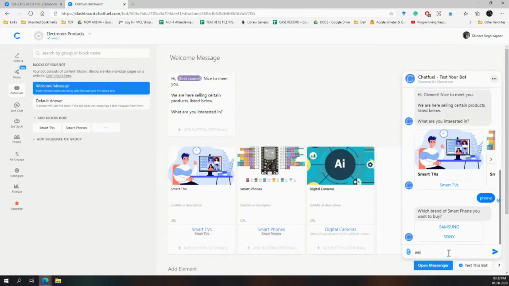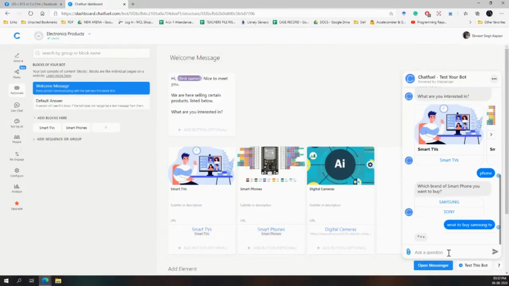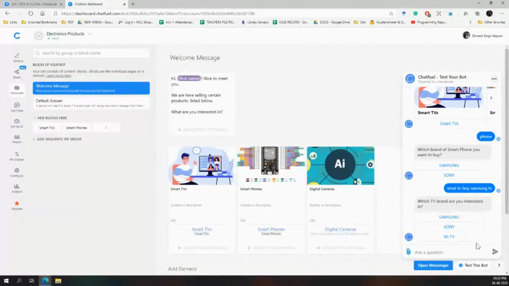If I say I want to buy Samsung TV, it will pick up the TV part and display it. If you have made a block for Samsung TV, once the user has entered Samsung TV, you can directly redirect them to the Samsung TV part. So you can also do that.